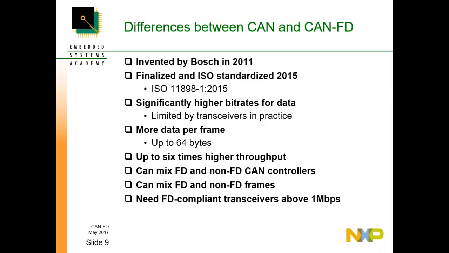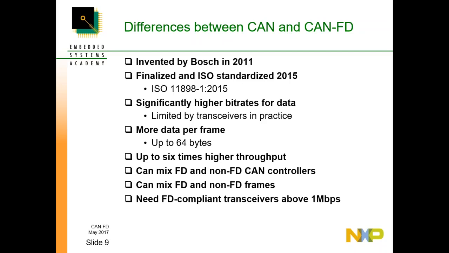So the result is much less need for data fragmentation in typical networks. Taking into account the additional bits in the control field of each FD frame, the resultant throughput can be up to 6 times higher than classical CAN. CAN-FD controllers can be configured to use only classical CAN mode, and providing all CAN-FD controllers are configured this way,